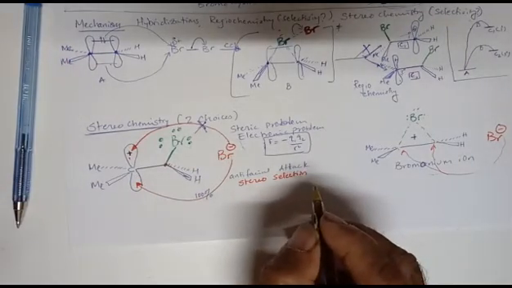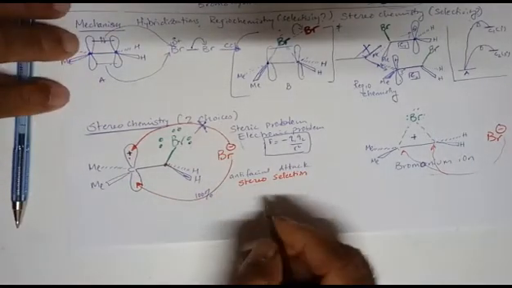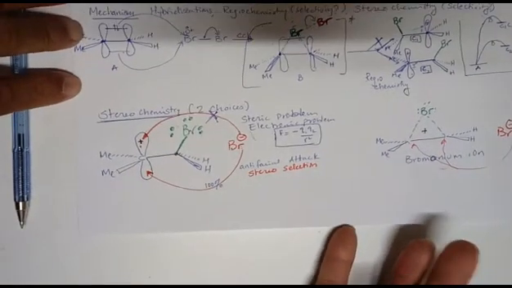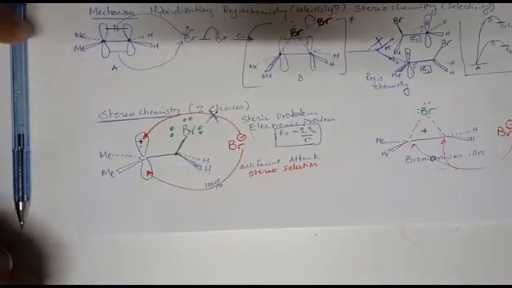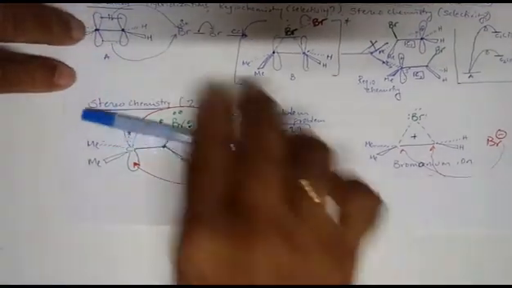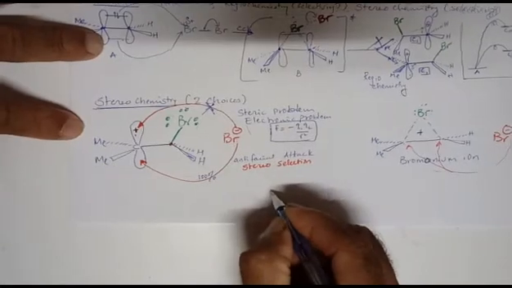In our previous examples, we did not have stereo selection. That's why we got 50-50 or racemization. Here there is no racemization. So what do we get then? We get the product that looks like this. The product is,